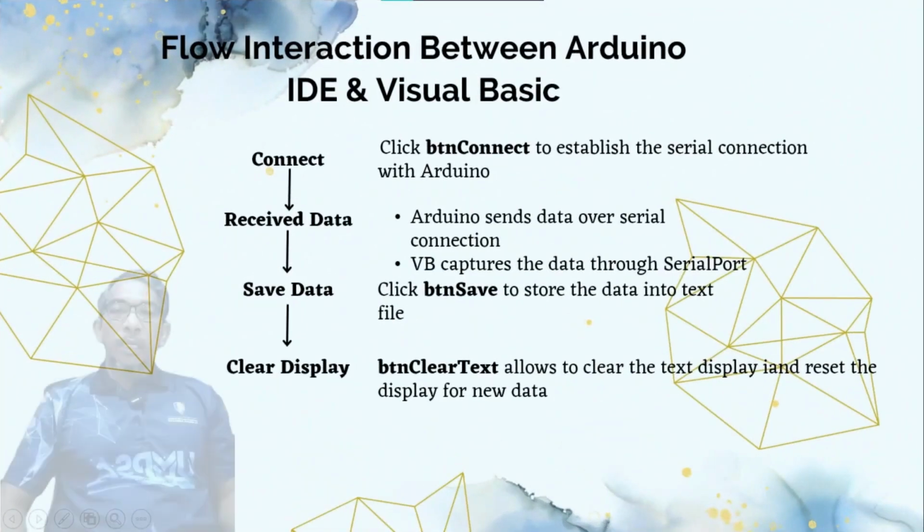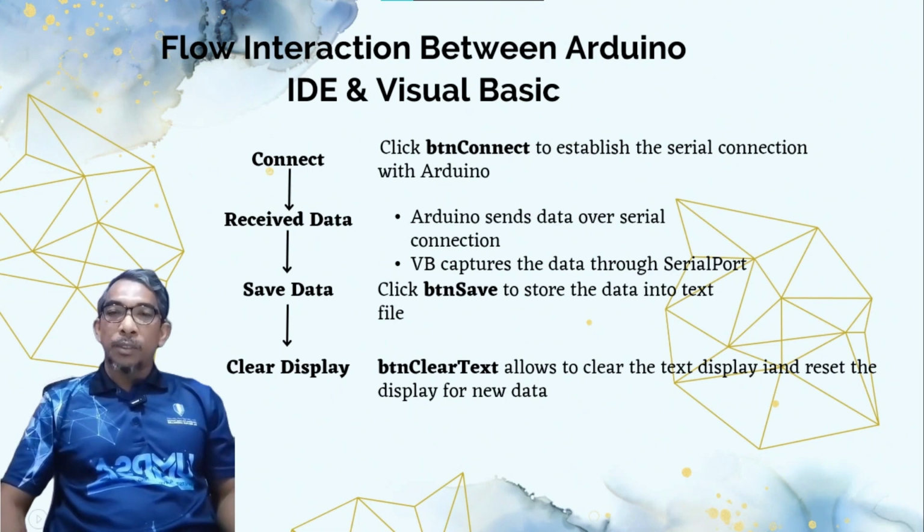How do Visual Basic and Arduino interact with each other? First of all, the user needs to select the correct port, for example COM3, COM4, and so on, and also the correct baud rate, which in this case is 115200, in the Visual Basic GUI. And then click the connect button. It will establish the serial connection with the Arduino, and then the Arduino will send data over the serial connection, which the Visual Basic application captures through the SerialPort1 DataReceived event and displays in the RTB receive serial